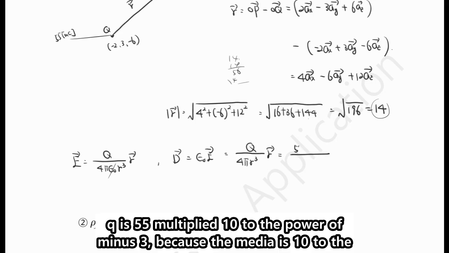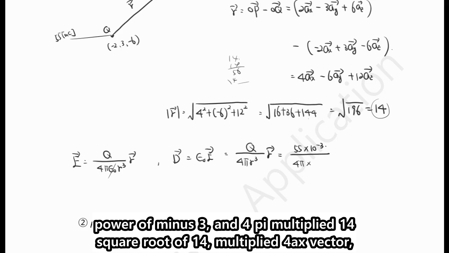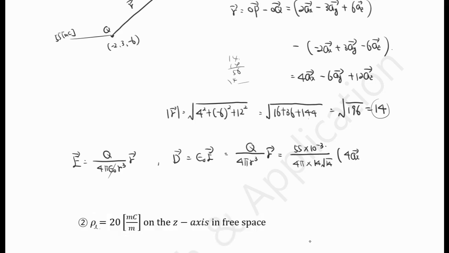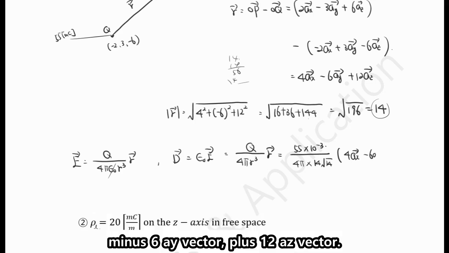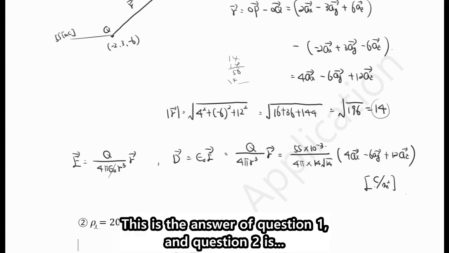Q is 55 times 10 to the power minus 3, because milli is 10 to the power minus 3, over 4 pi times 14 root 14, times 4ax minus 6ay plus 12az. The unit is coulomb per square meter. This is the answer of question 1, and question 2 is